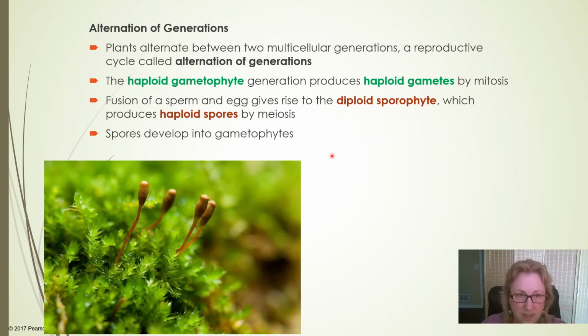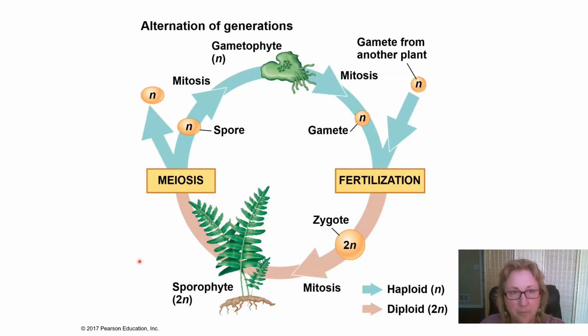So we'll go into this in a little bit more detail. And we can see that here in this nice picture of this moss. The gametophyte, or the haploid individual, is the green plant that you see. The sporophyte is only this brown part here, and it's completely dependent on the gametophyte.